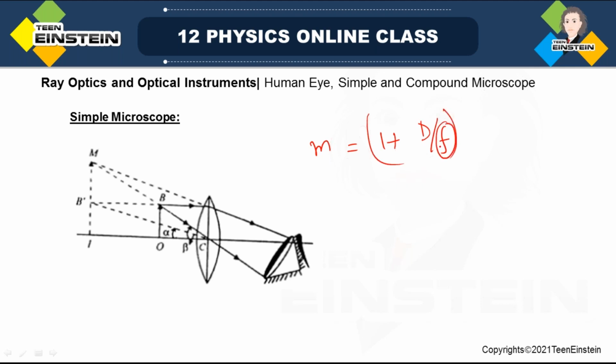That means if your f is very short, magnification will be very large. That's why it is said that in the simple microscope, we use a lens having very short focal length. So short focal length you have to have. All right. So with this, we finish the simple microscope when the image is formed at